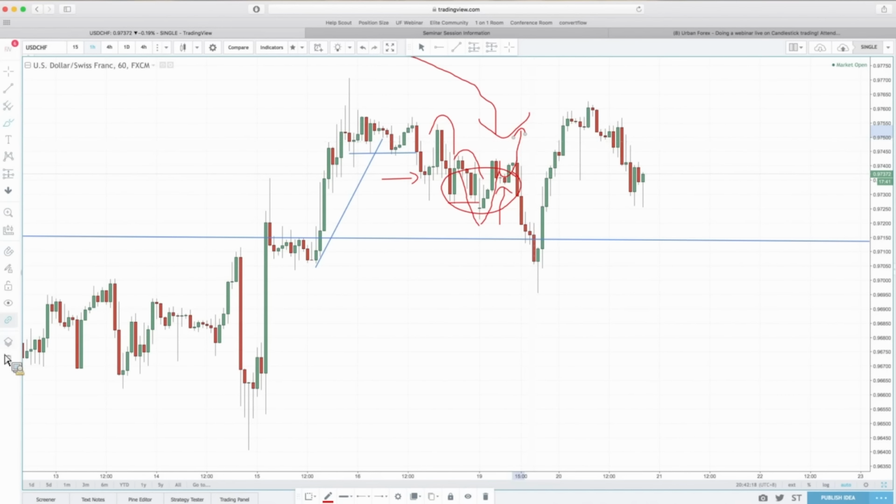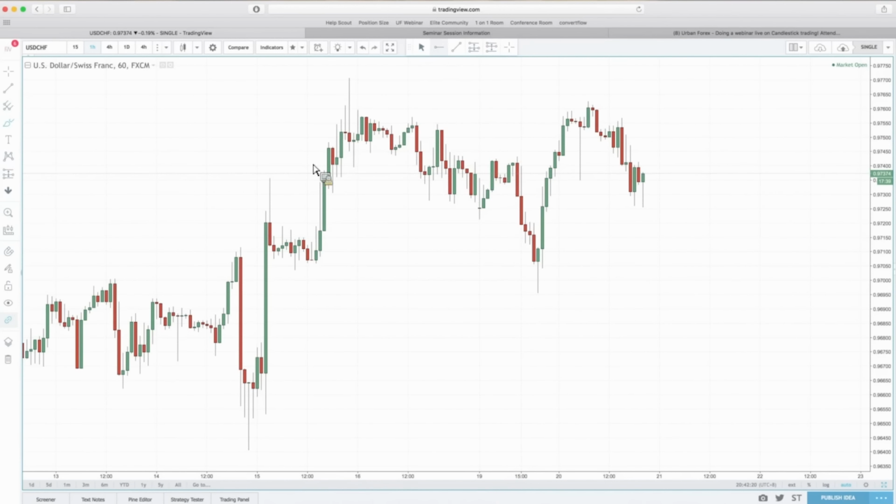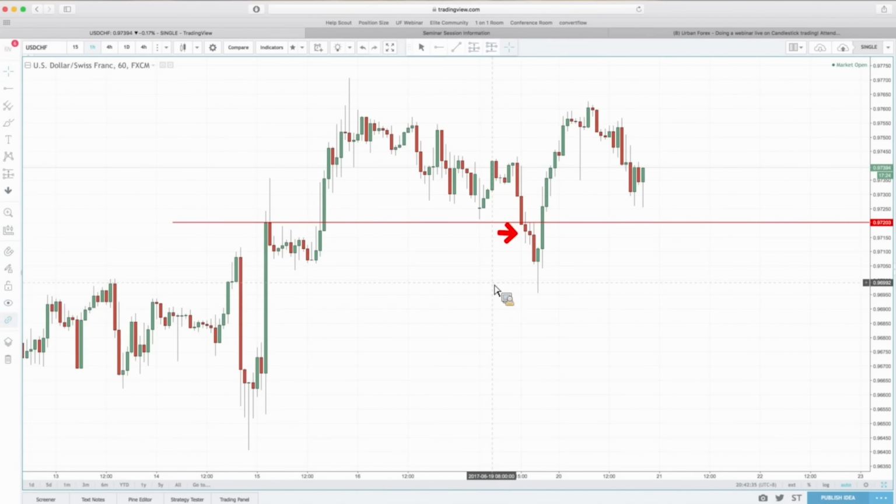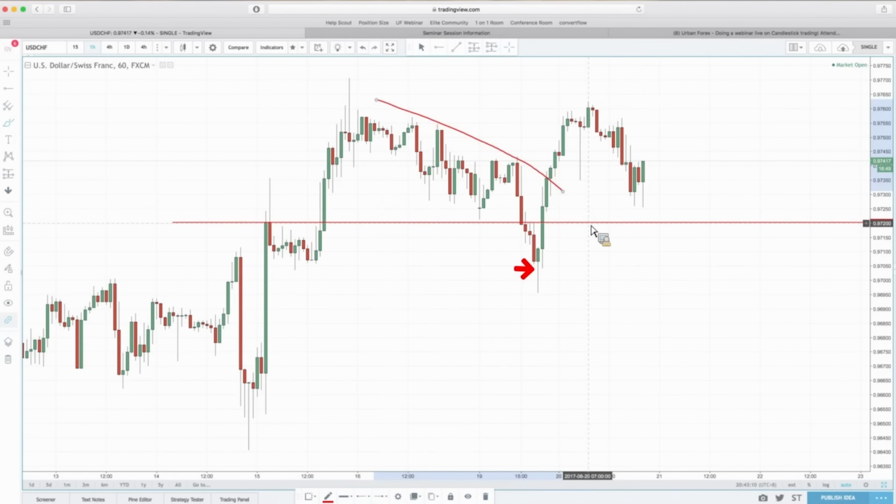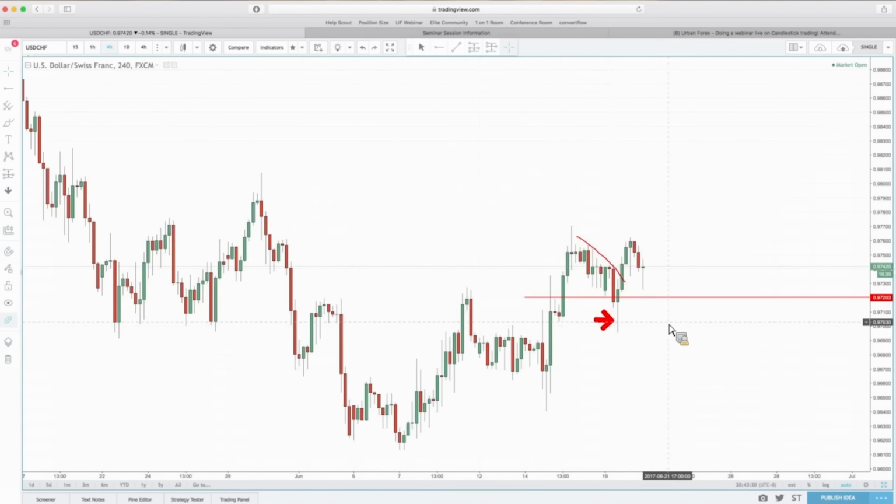But here's the thing. When that stop loss happens, chances are you're not the only one. Many people might have had a stop loss. But what do you think people are doing when they see this? Do you think they panic? Yeah, even the buyers now who thought they were smart, even they start selling, okay? With this, a pattern shows up now, a candlestick pattern. But the market is so much in a downtrend, how do I even know that this is supposed to be for a buy? Let's take a look back at this on the 4 hours and see what they are looking at it as. They still don't really care.